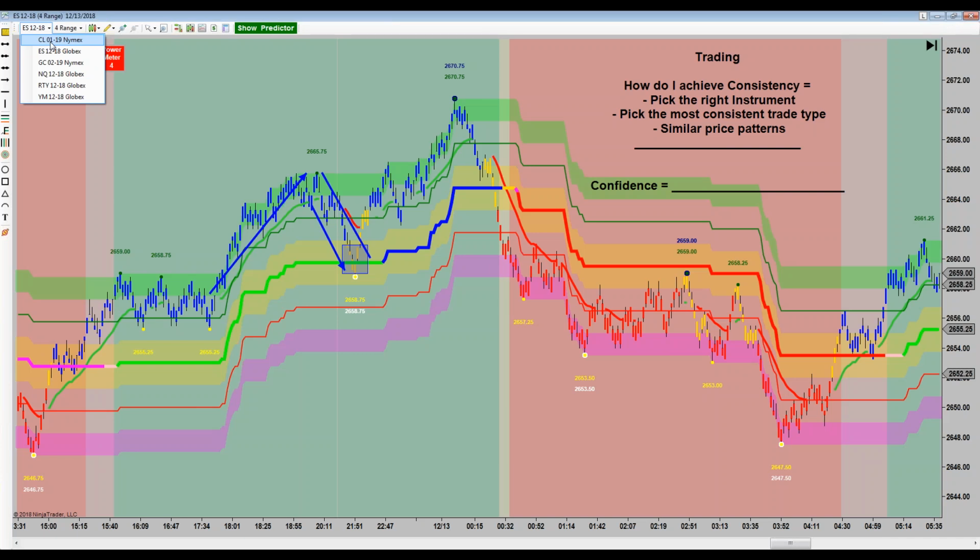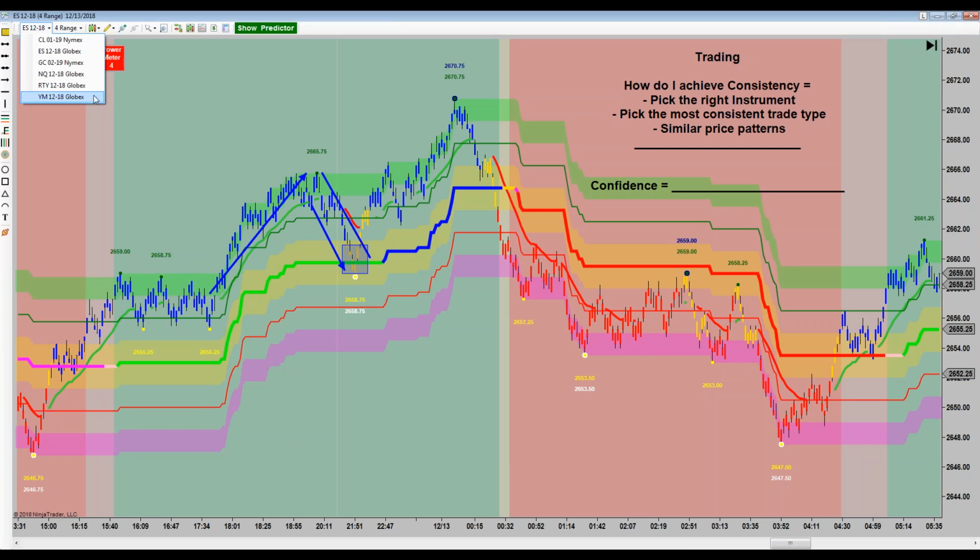Sometimes crude is very methodical and behaves itself and trends very nicely. If you're going to look at any other one, I would say go ahead and take a look at crude other than ES. If ES was slow and you wanted to have an alternative, crude would be another one to look at. Yeah, crude is very tough to trade very often, Brian.